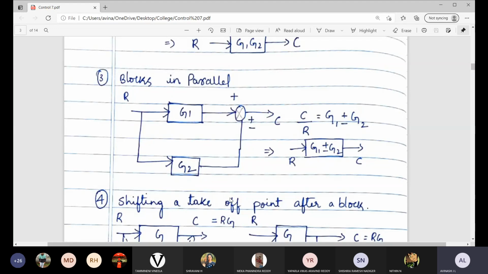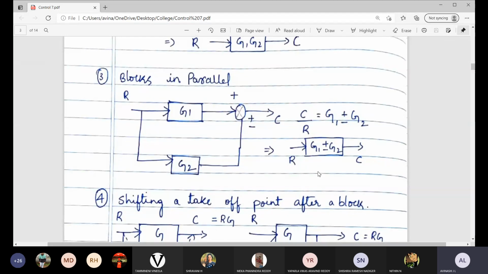So with respect to their sign, if the minus is there, it will become minus. That is, if it is G1 plus or minus G2, it will become plus or minus G2 only. So here plus or minus is there, so in the equation also plus or minus will come. If it is plus, G1 plus G2. If it is minus, G1 minus G2. It is a very simple thing.